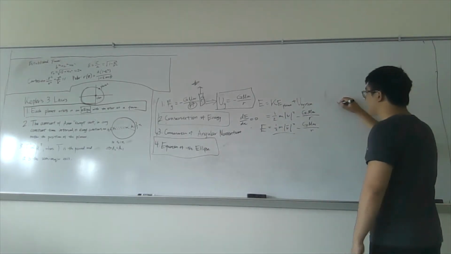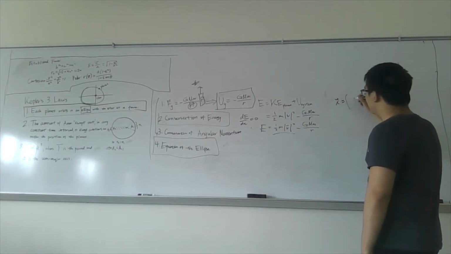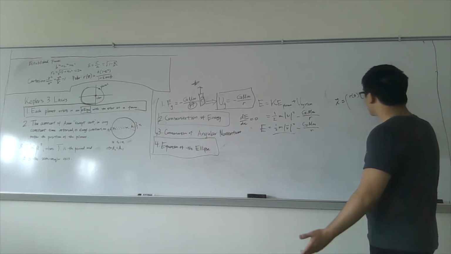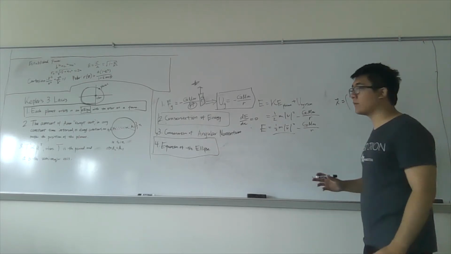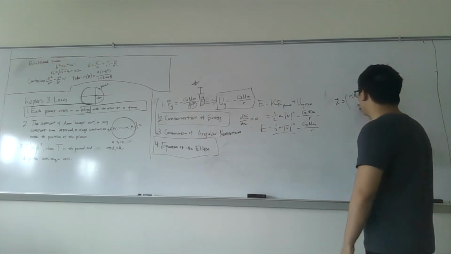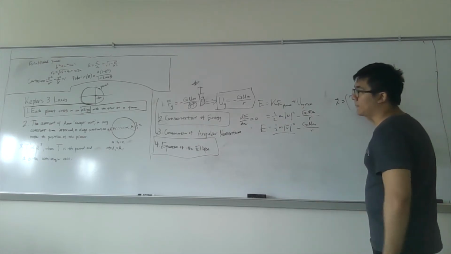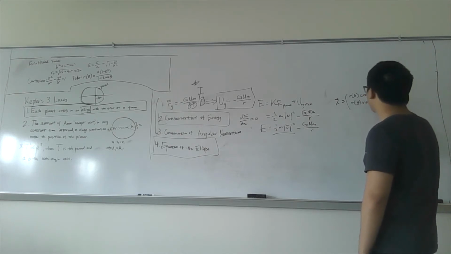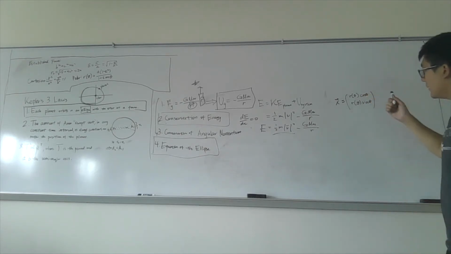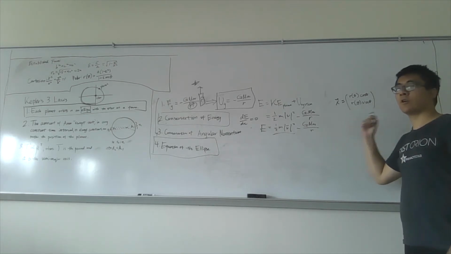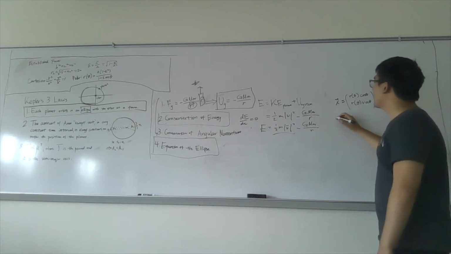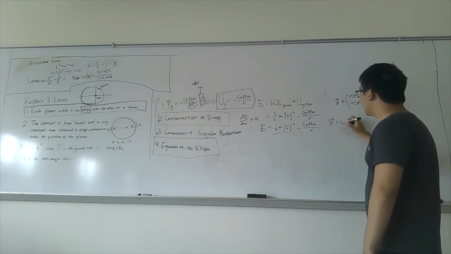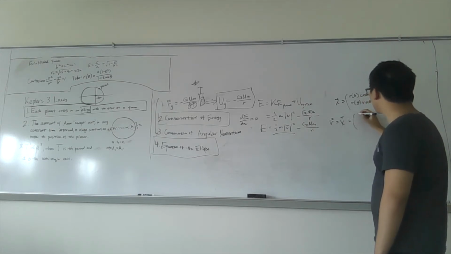We know the position of our planet is given by the function r. It's not constant here, or we can't assume it to be constant, or else it would be a circle. This is our position vector for our planet, and therefore our velocity is